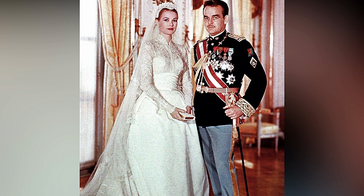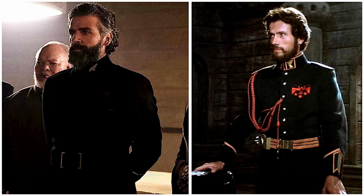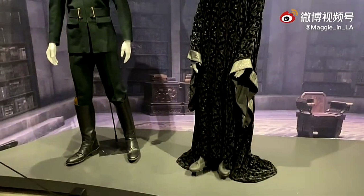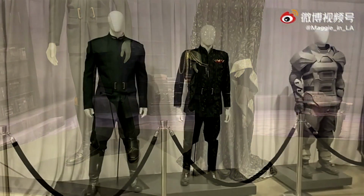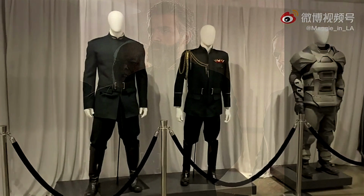But the costume designers must have also been influenced by the 1984 movie, with costumes by Academy Award-nominated designer Bob Ringwood. The silhouette is nearly identical: a jacket with a stand-up collar, jodhpurs tucked into tall leather boots, and a belt. In the LA exhibit photo by Maggie in LA, there is a subtle bit of piping on Leto's cuff,